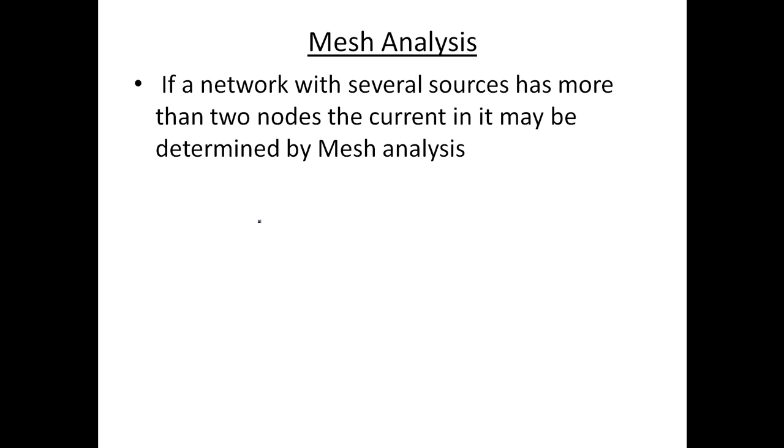Before going for mesh analysis, let us look at some basic terms which you should know about an electrical circuit. First is node. What is a node? Node is basically a connection of 2 or more points coming across a particular junction. If there are 2 or more points across this particular junction, this is called a node, and these are called branches, which come together from various sources. So this is all about node.